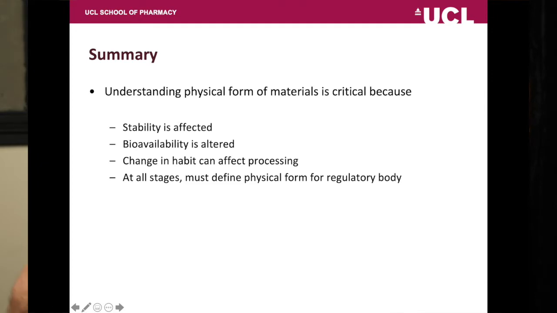In summary, it's really important to understand the physical form of the material that you're formulating for multiple reasons. The number one reason is because if you don't, you're not really in control of the stability of your product. And the pharmaceutical industry is governed by stability. If you make the most stable crystalline form, your product is as stable as it can be. It does not mean that it will never change. A material can still chemically degrade, but in terms of its physical form, it can't change because it's got nowhere to go.